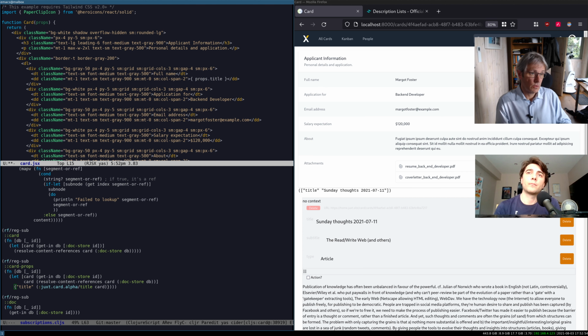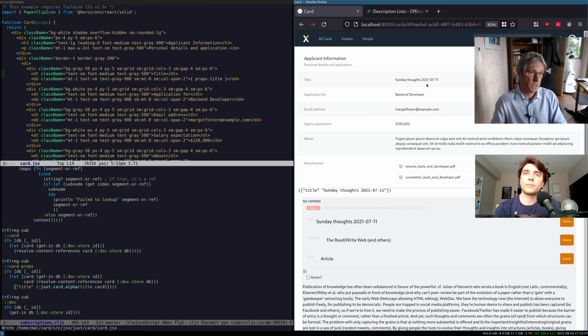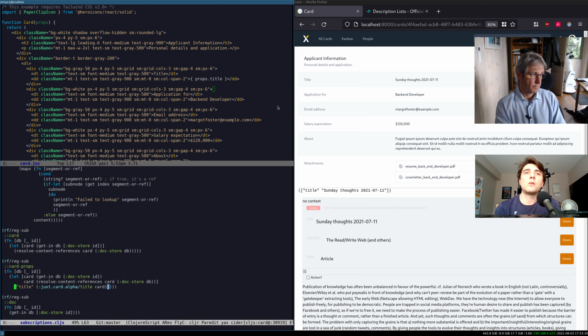Most components will already have a set of these that you say, right, if you change the property title, this will change. So if we make that title, change that, that should be Sunday Thoughts, which it is. So that's the first one done. And then that would have to be an editor, but that's where we'll use Slate. So, yeah,